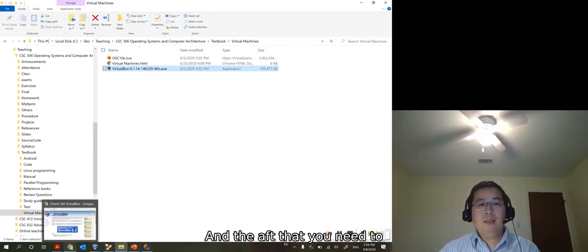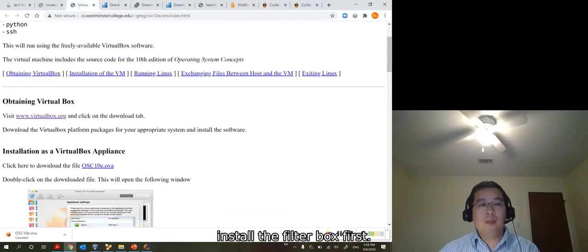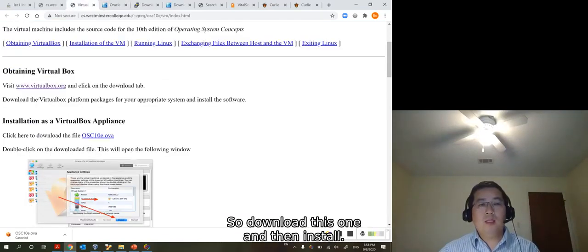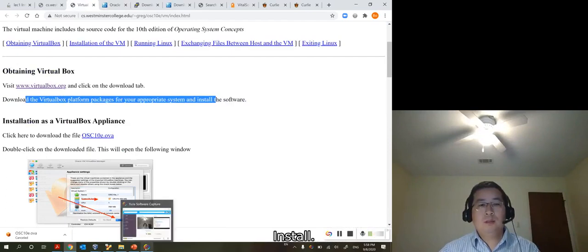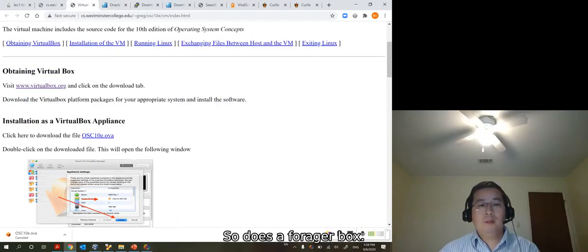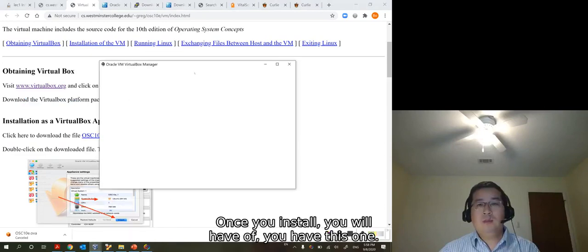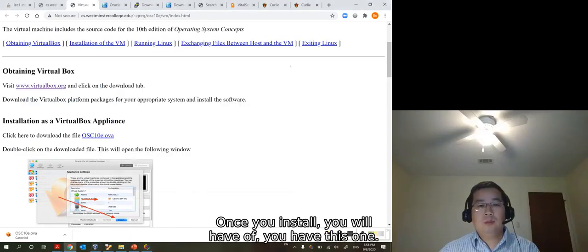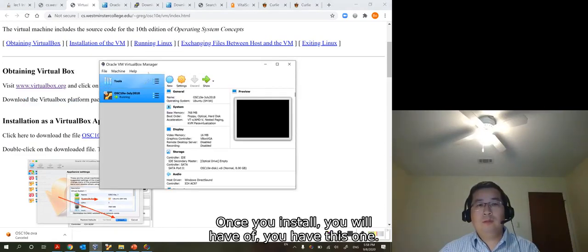And after that, you need to install the VirtualBox first. So download this one and then install. Once you install, you have this one.